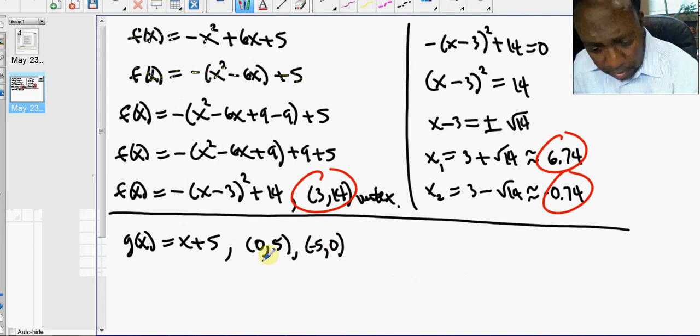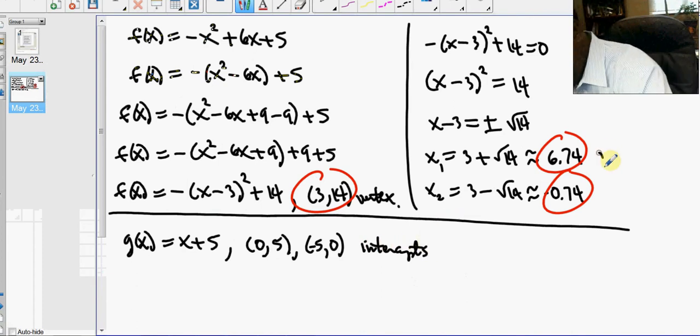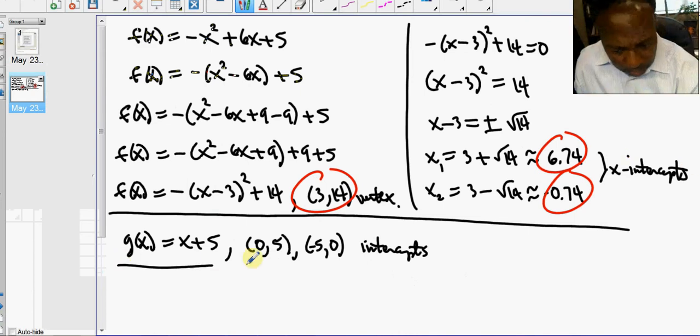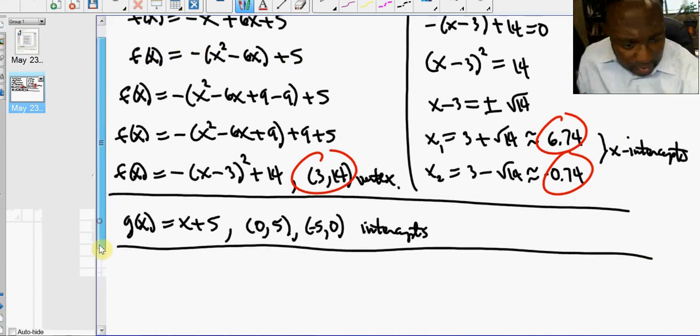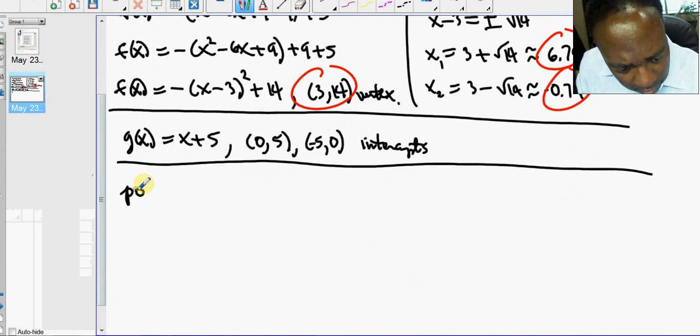So these are our x and y intercepts. Okay. So we have that. So the next thing we need to know is to find the